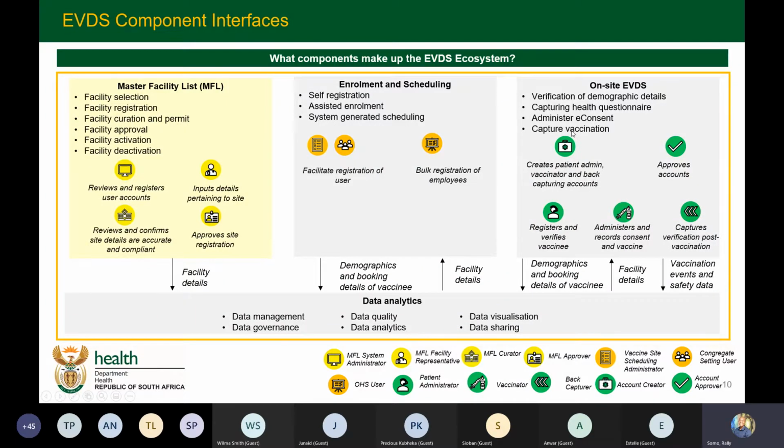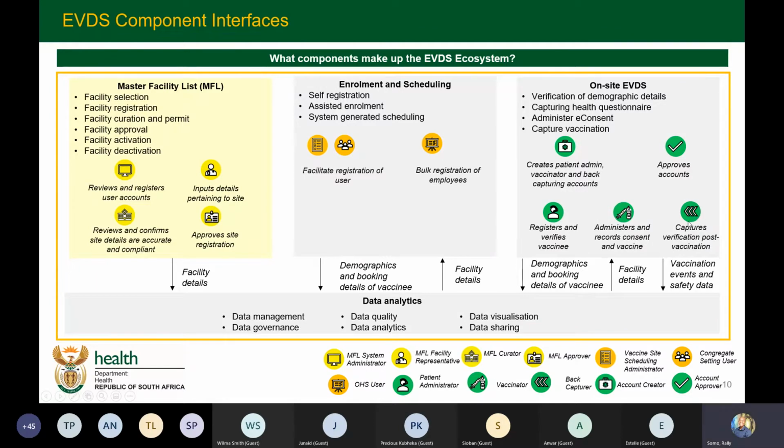As you can see, the main users here are the account creator for the specific site, which creates the patient administrator account, the vaccinator account, back capturing accounts, and also even creates other account approvers as well. And then we have the account approver account, which helps with approving all the accounts that have been created for that specific site. And then we have the patient administrator, which registers and verifies the vaccinee. And then we have the vaccinator, which administers and records consent as well as the vaccine. And then lastly, we have the back capturer